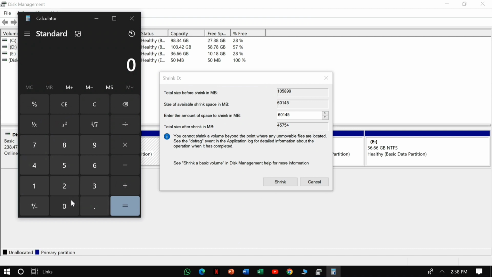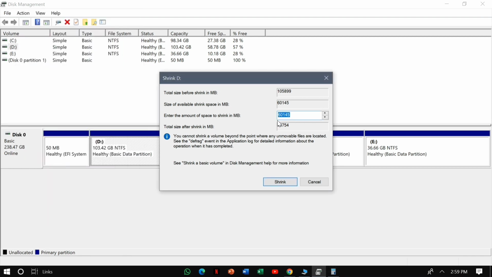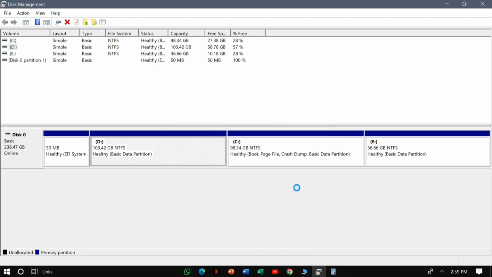Type here 30 and multiply it with 1024. Answer is 30,720. Type here 30,720 and click on shrink.